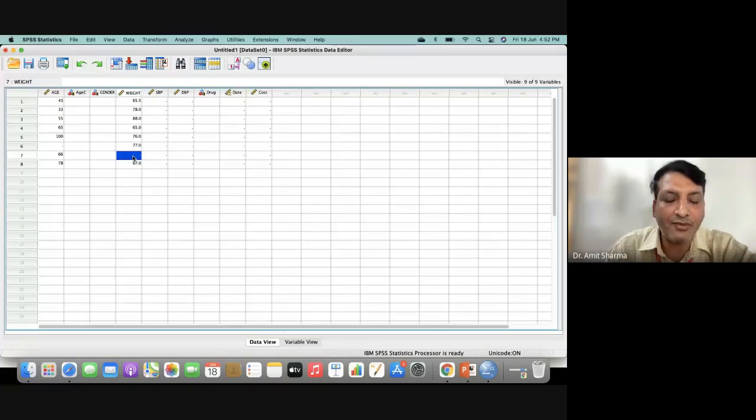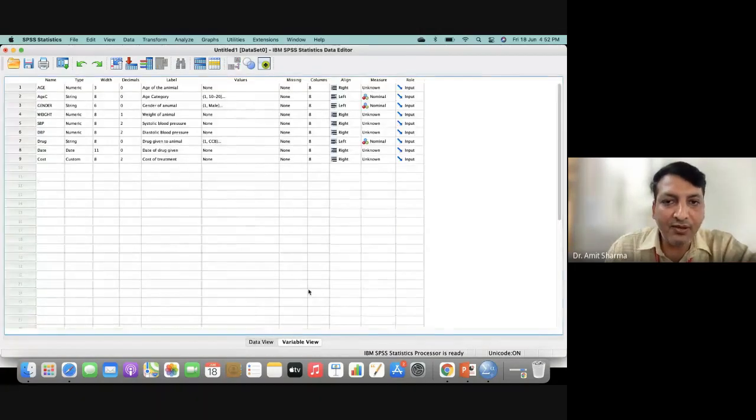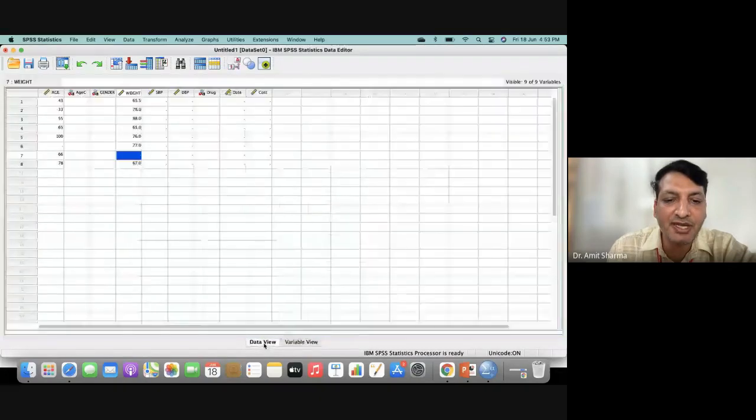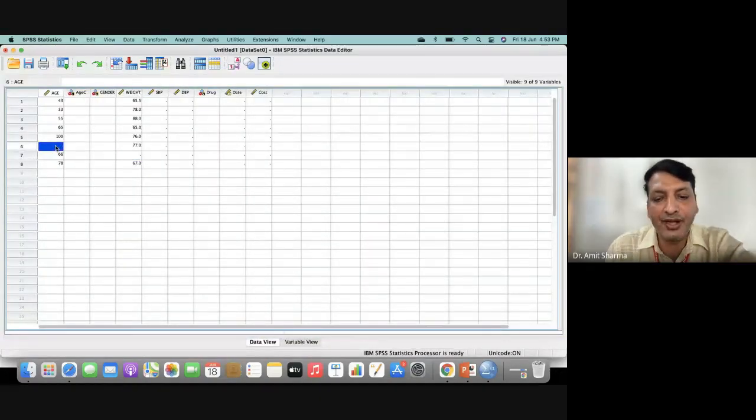For the variable in which you have a missing value, you have to add it, so that whenever you do the statistical analysis, it will not be counted in the capital N. That means wherever you have a missing value, that will not be considered in the 100%. So in SPSS language, all missing values are represented as 999. So we write 999 and 999 here.